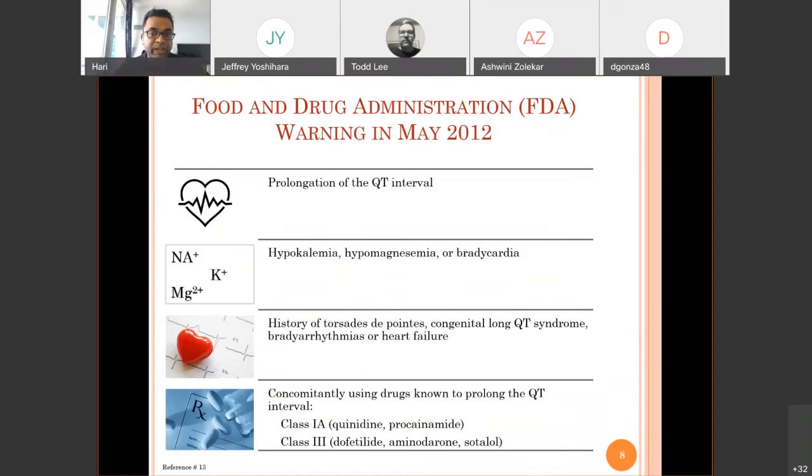And really, the understanding was very vague, with the exception of patients who had cardiovascular events, which is what the study in 2012 found. But really, the FDA warning in a nutshell focused on patients who had prolongation of the QT interval, an existing condition, patients who had electrolyte abnormalities, patients who had a history of torsades, bradycardia, or even heart failure, and then lastly, those who were especially taking QT prolonging medications such as antiarrhythmics. So in these patient populations, the FDA said you need to use caution. Again, the FDA was pretty clear the risk was rare, but let's be careful in this population is sort of the message from the FDA's warning in 2012.